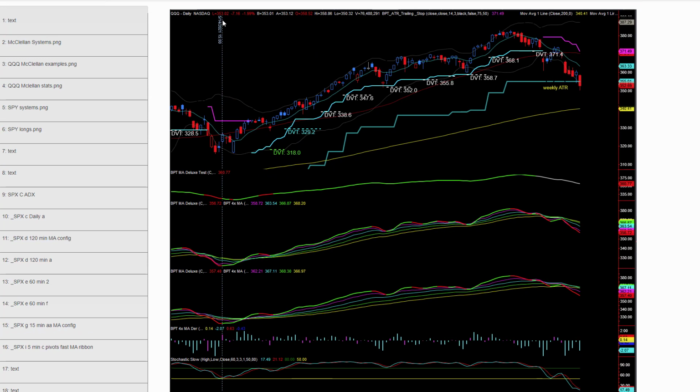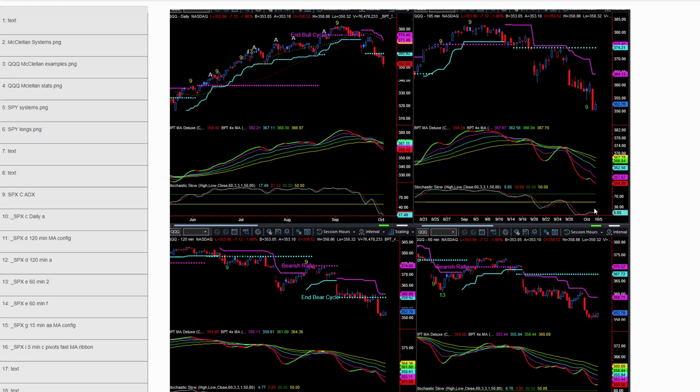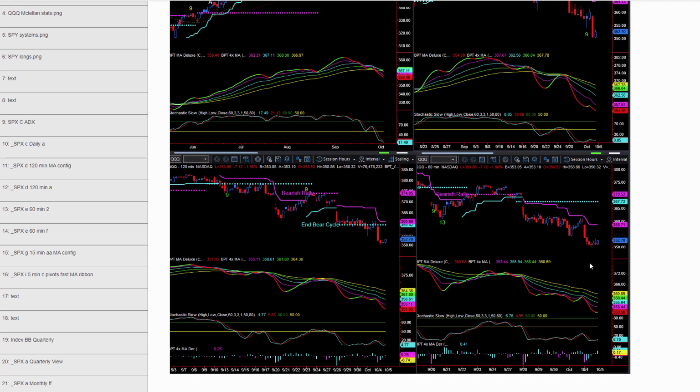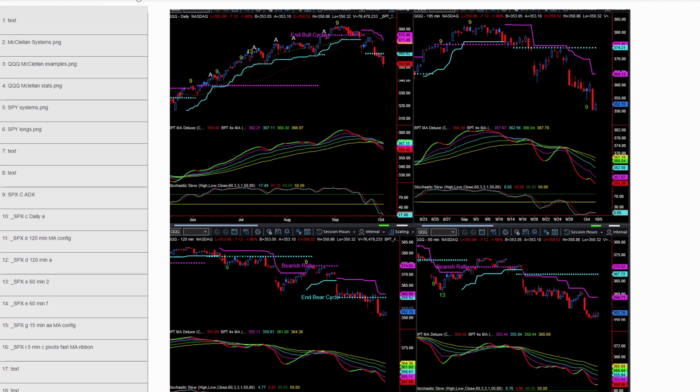moving to the KISS charts. So here's the KISS triple Qs. Now it did close below its weekly Bollinger Bands today. Take note. Next, chart number 26. Here's the various cycles. Again, not much to say here. ATR is your resistance on all these time frames, even on the short-term 60-minute. Next,